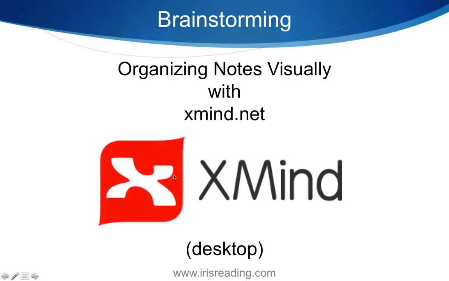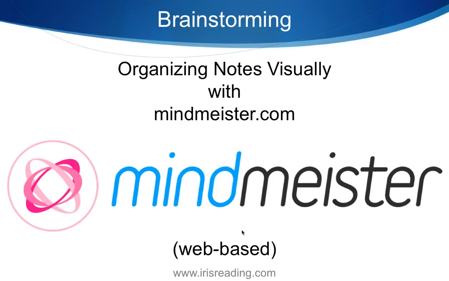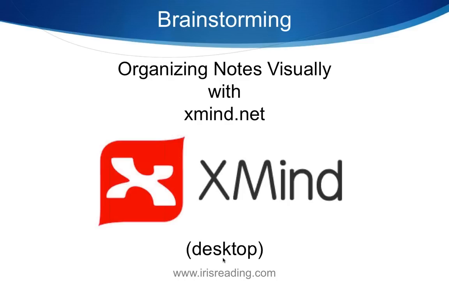Xmind. This works on a Mac or a PC, and this is downloadable. What that means is you will be saving your mind maps to your computer. I'll show you how Xmind works in a moment. MindMeister, this is web-based. So this is desktop-based, for Mac or PC. This is web-based. If you're someone that loves using web-based programs like Google Docs and you want to save things in the cloud, MindMeister is great because you can save things in the cloud.